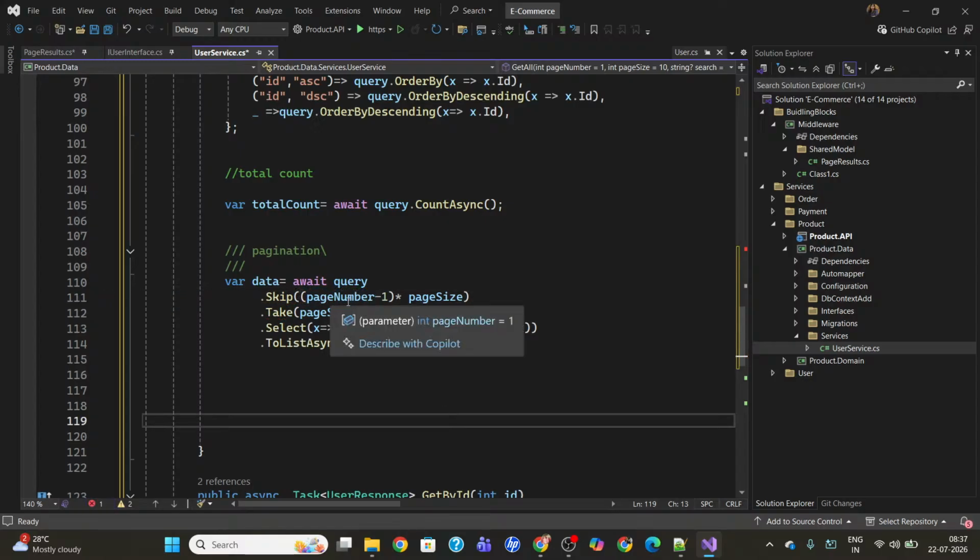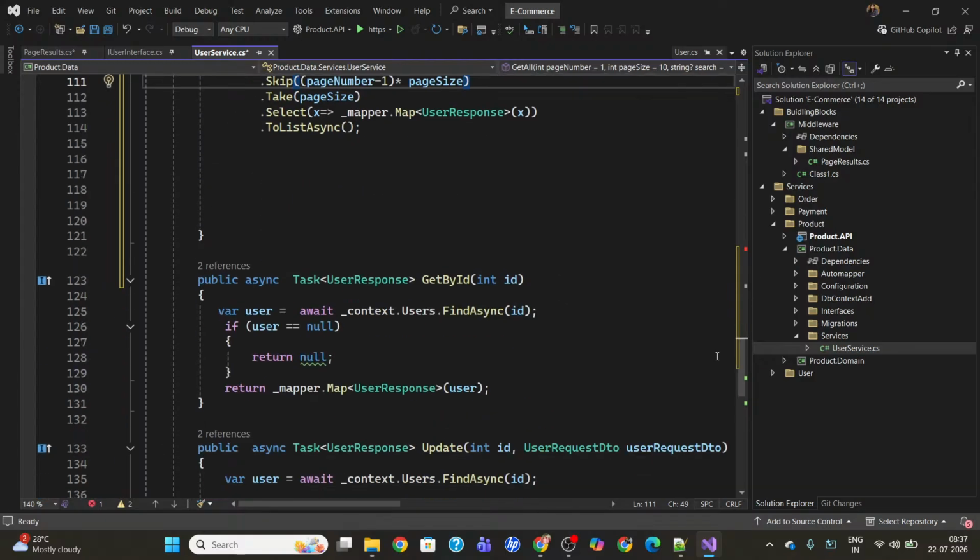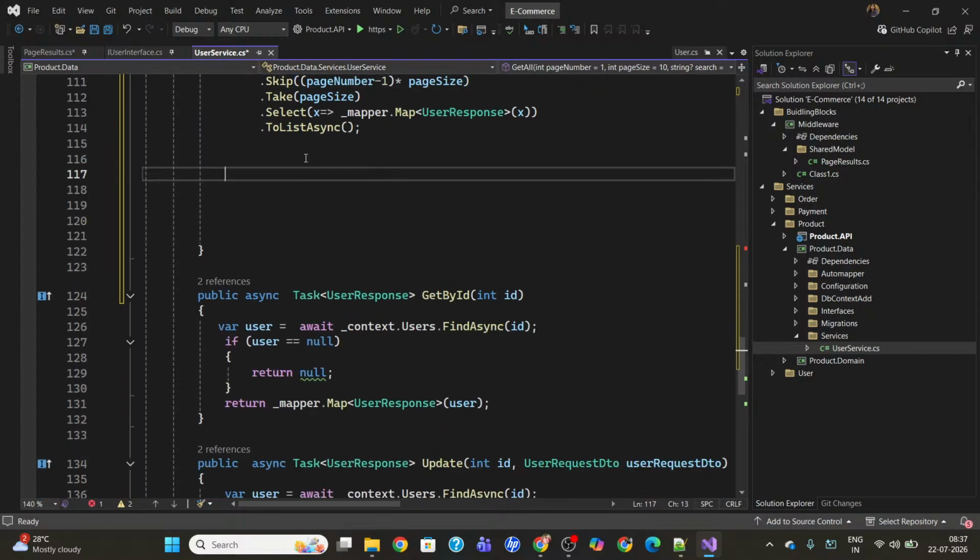Okay. So if page number is 2, 2 minus 1 multiplied by page size, that will be 10. So you can get the first 10, then 20, like that. You can skip the first 10 records. The first time it's 0, so 0 records will be skipped, then 10, then 20, like that way it will be working. And in the last we can return this,